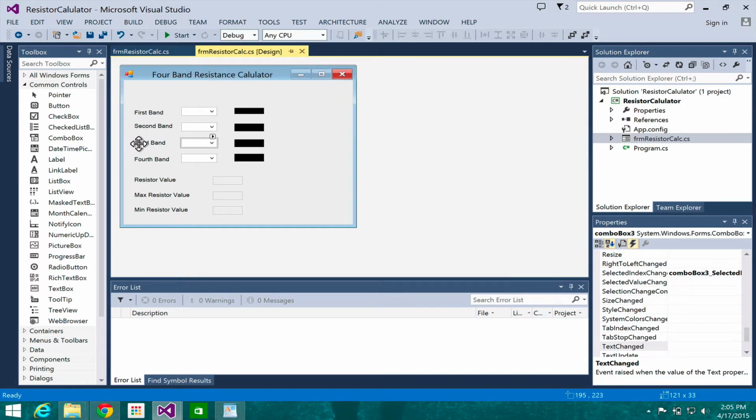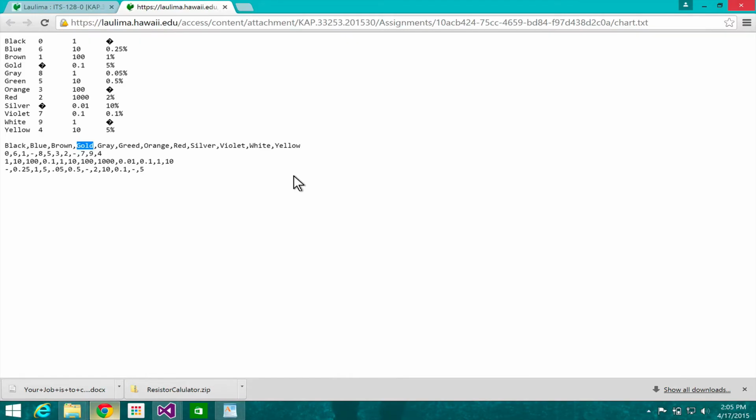And the multiplier will be what sort of information? Let's take a look at the information. So the digits, they appear that they're digits, so they could be ints. The second array probably needs to be some sort of double, right? Or decimal, depends on how you want to do it. Either one probably will work for our purposes. So there we go. So let's go ahead and start with the